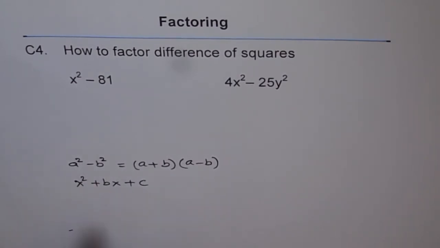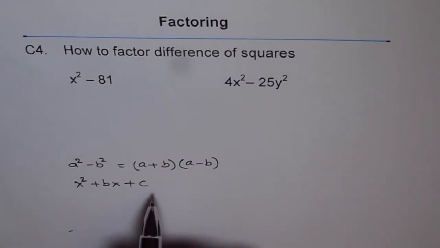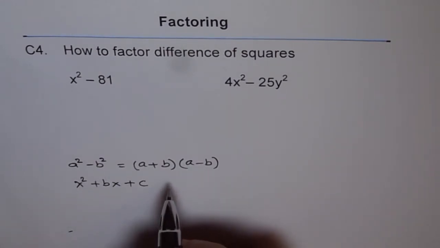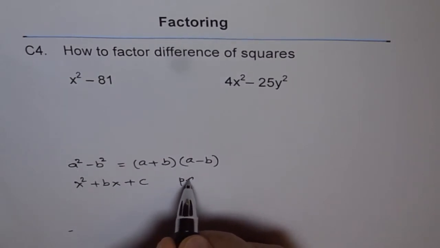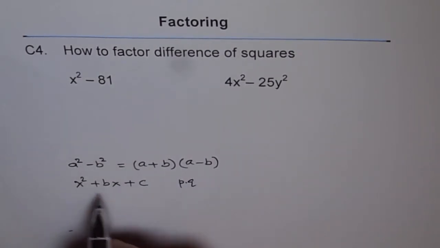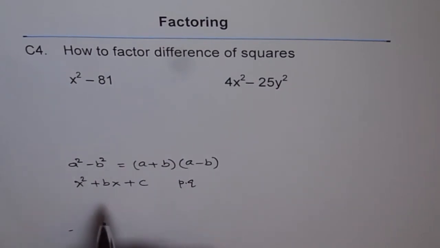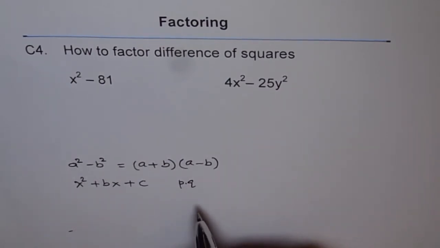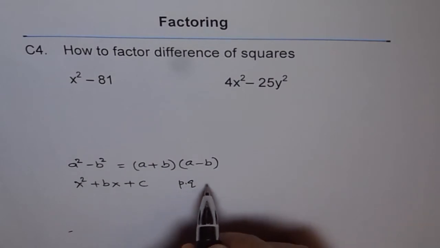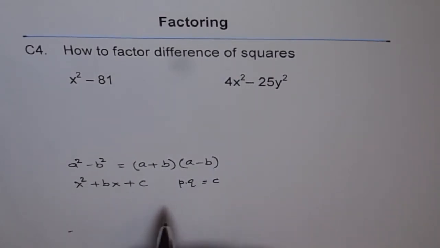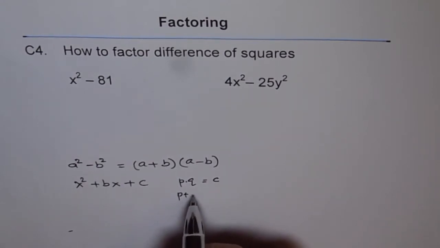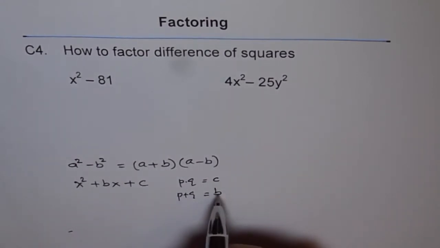The second way of looking into it is like this: the ax square plus bx plus c formula, right? To factor this, what we normally do is we find sum and product. We try to find two numbers, let's say p and q, whose product is, let's say, c in this case. I'm purposely taking a as 1 here just to simplify things. So p times q should be equal to c,